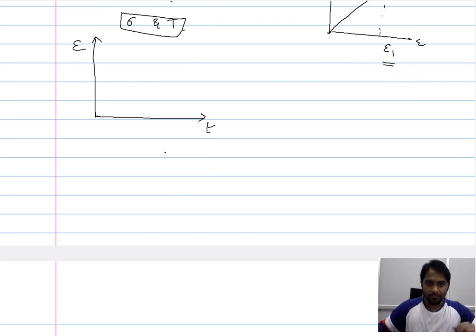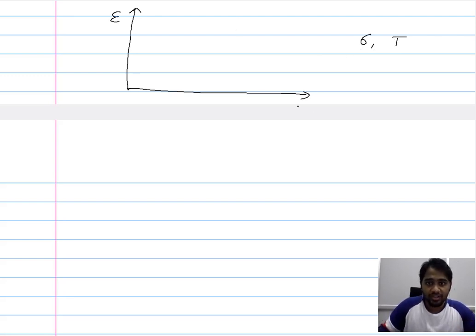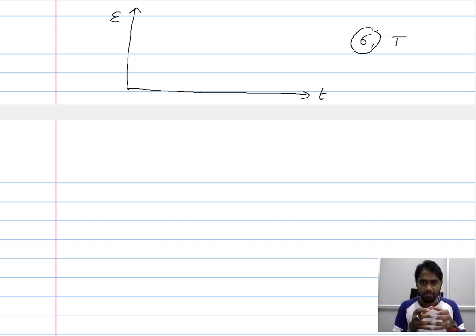In accordance with the definition of creep, we have two variables, the strain and the time, and the parameters that are constant are the stress and temperature. So during creep testing, stress and temperature are constant, and the strain and time are varying. Now the way this testing operates is that you impose a definite stress directly on the material. It is not like tensile testing, where you gradually increase the stress; in creep testing, you directly impose a constant amount of stress.